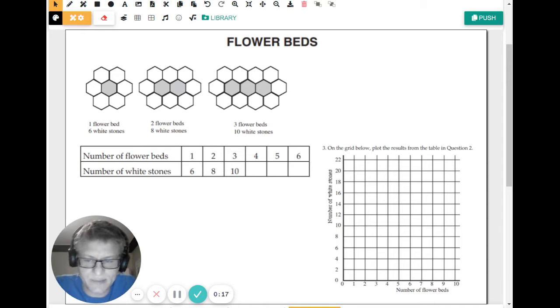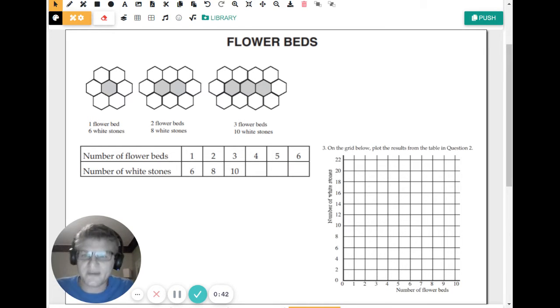If you remember last week, some of us did the hexagon problem, and the hexagon problem for some of us was all about the idea of growth, right? As it grew, the pattern changed, or the pattern stayed the same, but we noticed that the numbers changed. This one's similar, in that we have a certain situation where we're always surrounding a flower bed